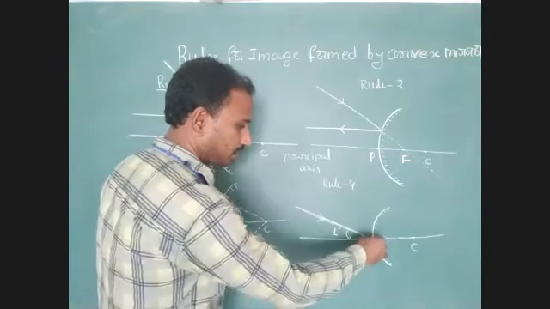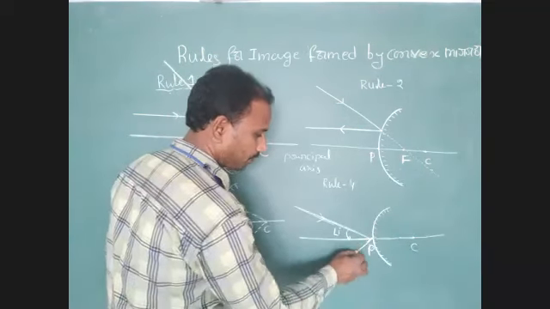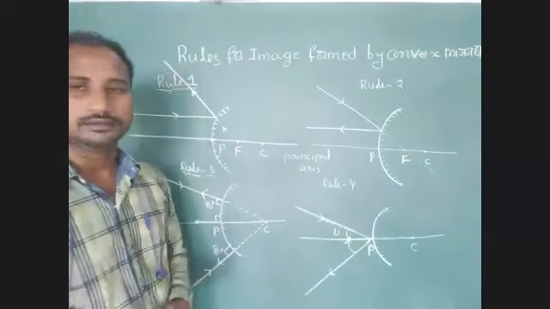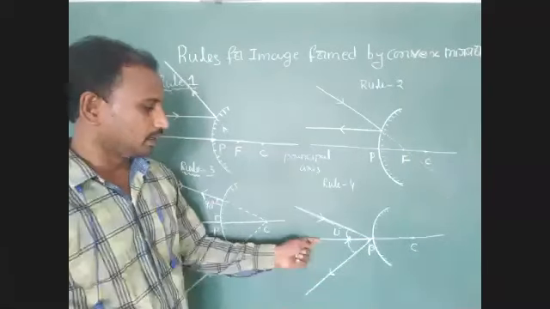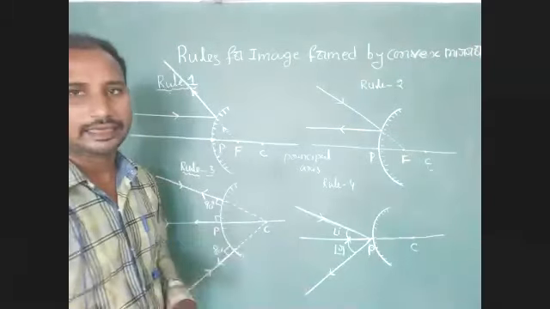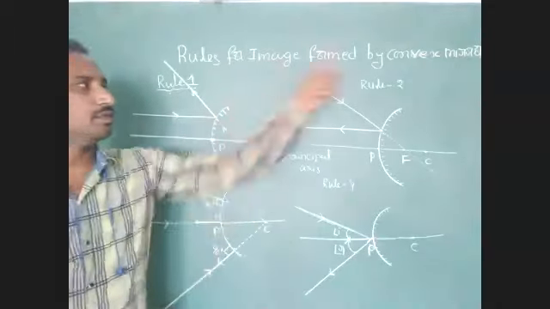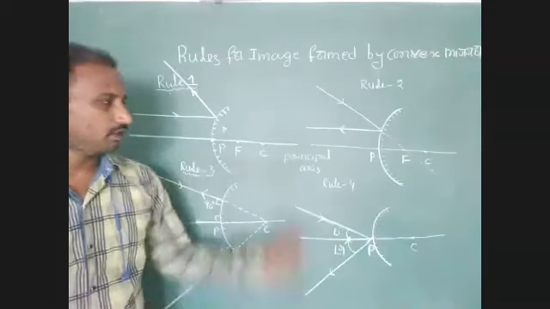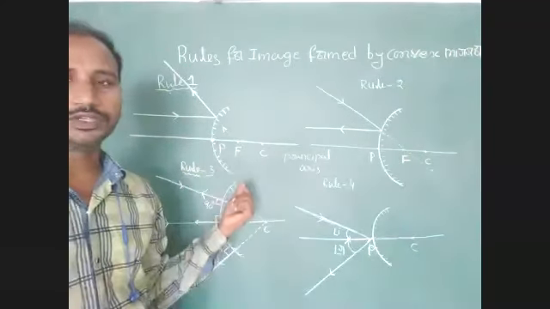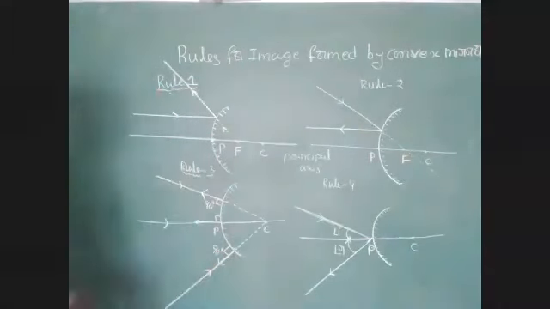Next, we have to represent the law of reflection. First law of reflection: angle of incidence equals angle of reflection. Well, we have to find out that reflected angle. The angle between the reflected ray and the normal is called the angle of reflection. Angle I equals angle R. These four rules are very, very important for the image formed by a convex mirror. We have to follow these four rules. Next, we will find the image position formed by the convex mirror. Okay, students, just observe these four rules.